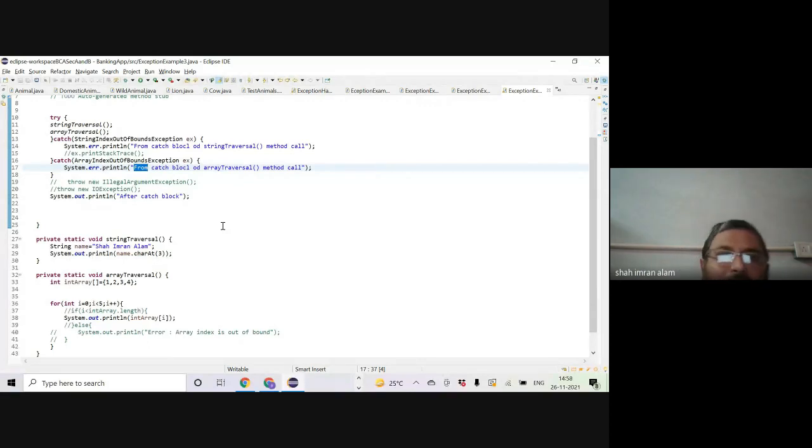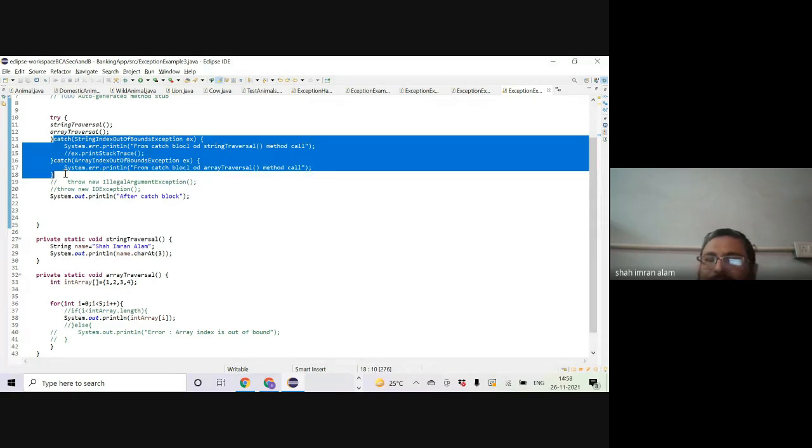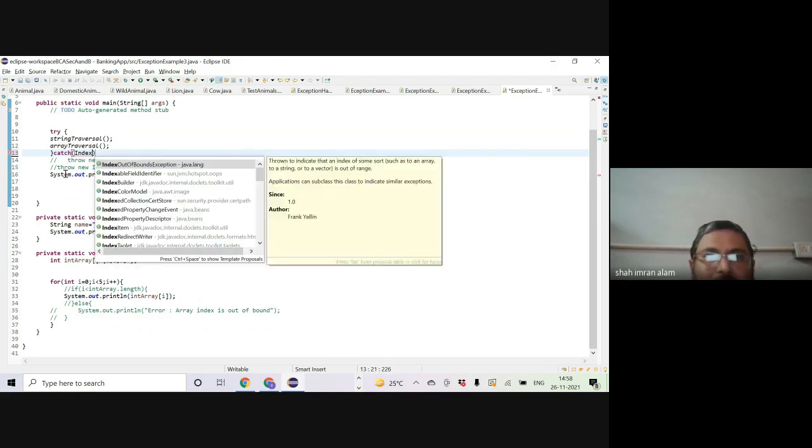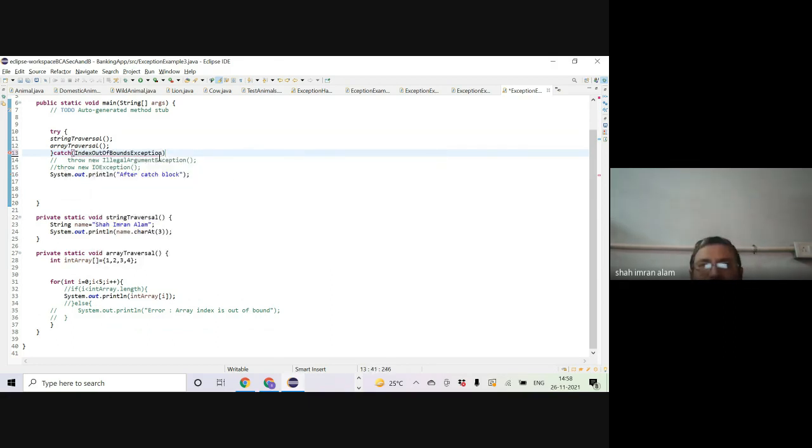Now I'm trying to do a little more experiment. I will remove both these catch blocks. Okay, I will put an alternative catch block: index out of bound exception.